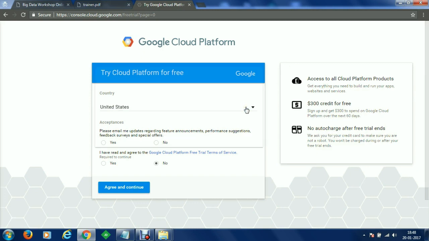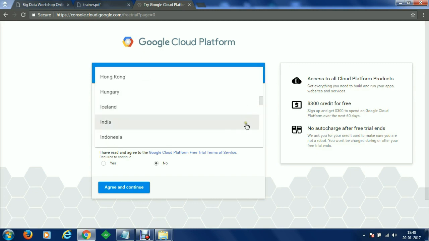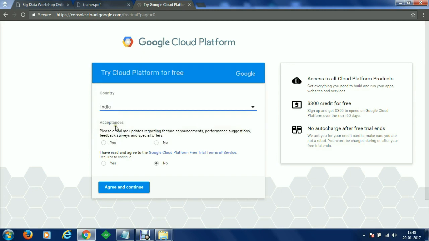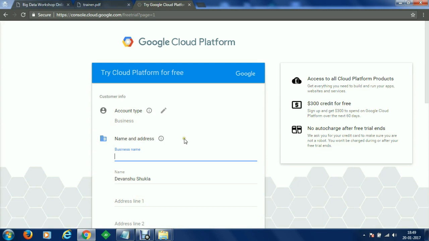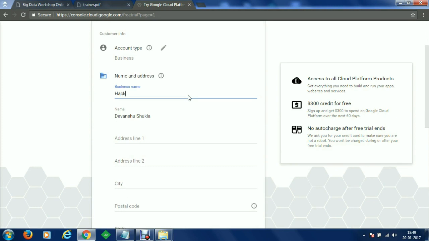Let's select a country. We are at India, so let's select India. Acceptances, yes, I would like to receive the service and I have read the terms and I would like to continue with the account. So let's agree and continue. Here we have to specify the account type. Let's say I would like to get started with a business account. I would like to set up the name of my account.